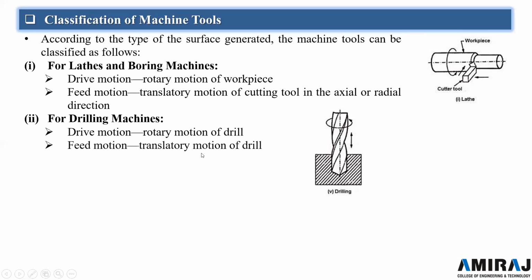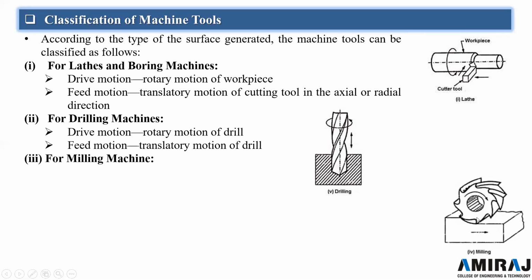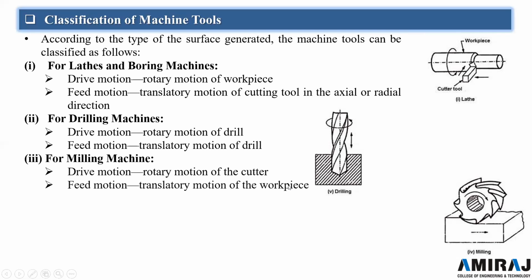While in milling machine, you can see that the rotary motion or the drive motion is provided to the cutter, okay, and the feed motion is provided to the वर्कपीस। जो फीड मोशन है वो वर्कपीस को प्रोवाइड की जाएगी, जबकि ड्राई मोशन जो है वो कटर को प्रोवाइड की जाएगी।